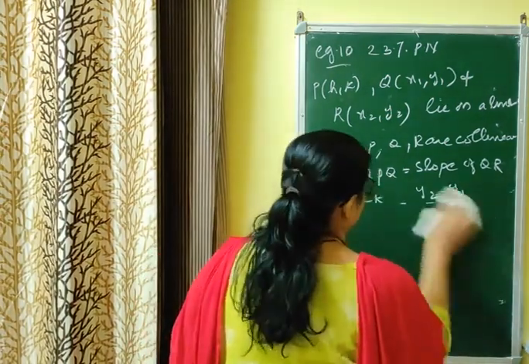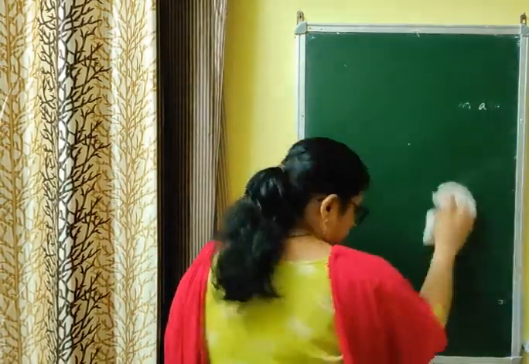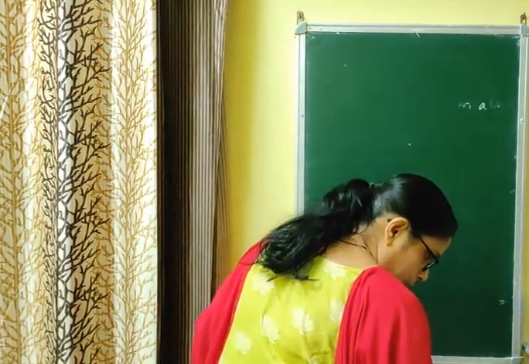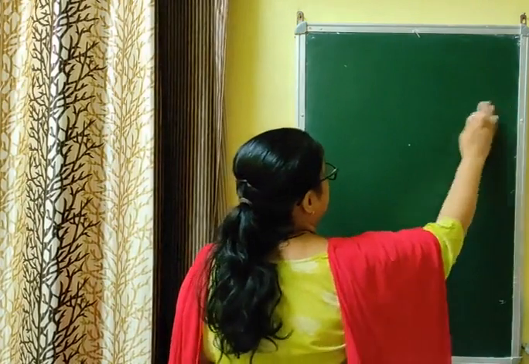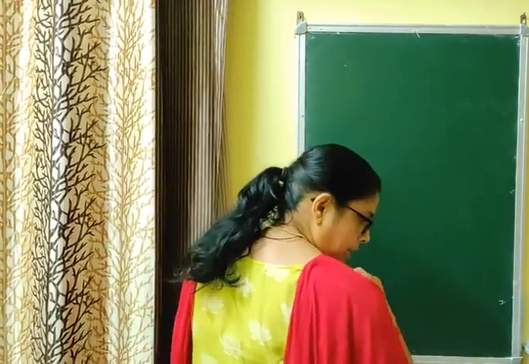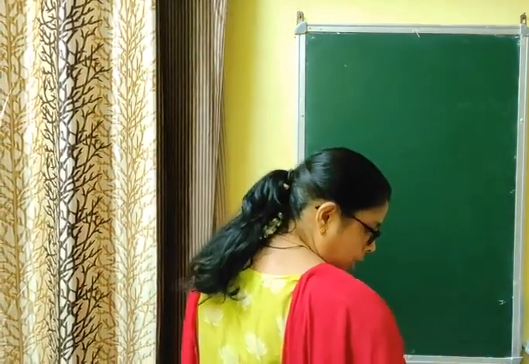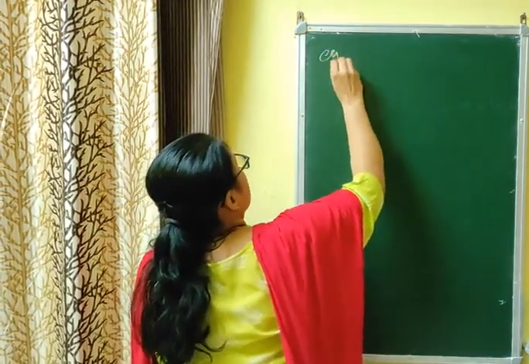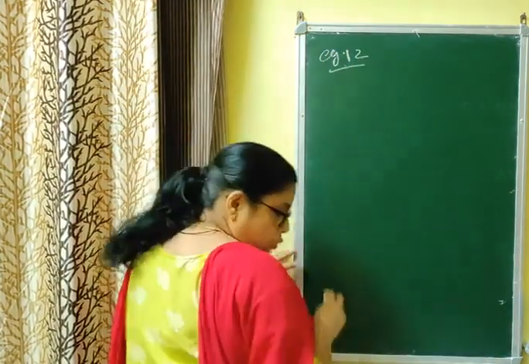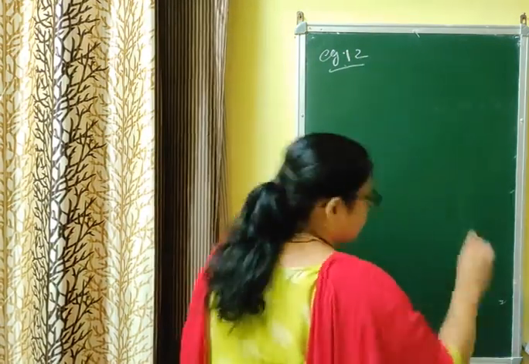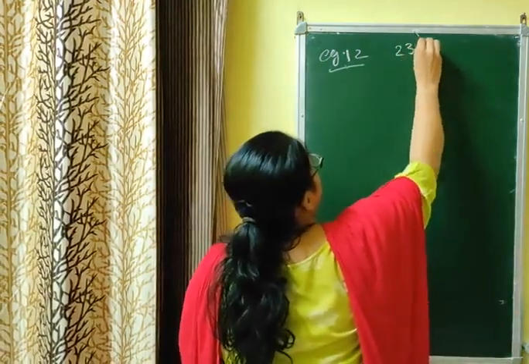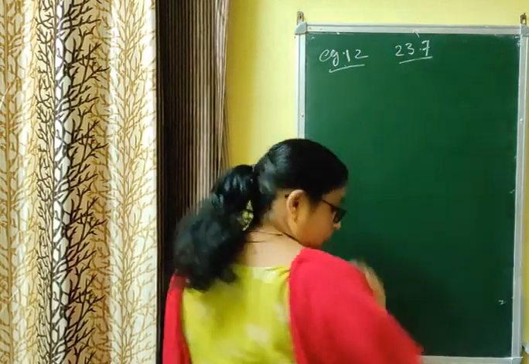What is the third question? Now the third question is on the same page, Example 12. Example 11 is again from NCERT, which you have to do by yourself. As I told you, you have to do NCERT completely and RD Sharma at least solved. Now I am doing Example 12. Same page number, page 23.7. No need of writing again and again. I am reading the question.